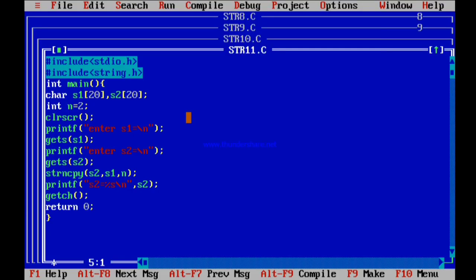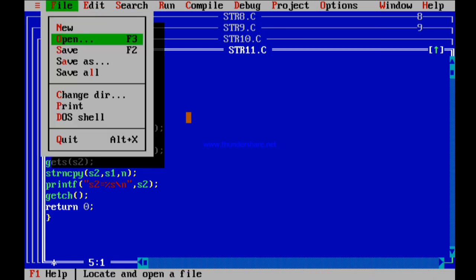So it is asking me for a string. Okay, so I'll write "hi how are you", and another string is "India". Okay friends, so what is the n value in this program? That is 2. So I have copied string 1 into string 2, that is "hi how are you" into string 2, but only 2 characters. So what are the 2 characters in your first string? That is "ha". So "in" is replaced by "ha". Clearly you can see here "in" is replaced by "ha". So this is how string copying of n number of characters gets executed. We'll move to the next program, friends.